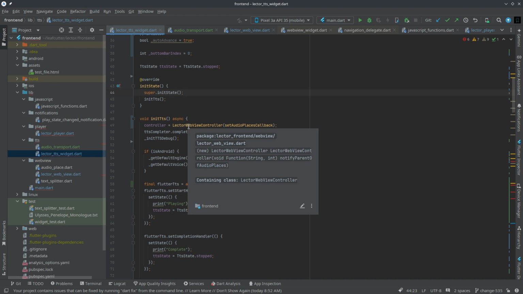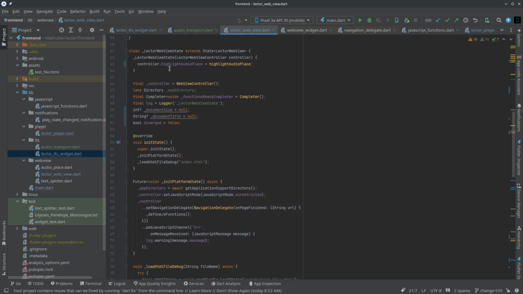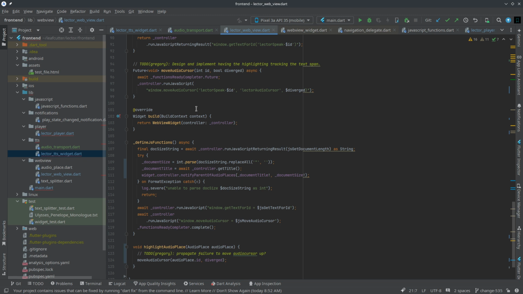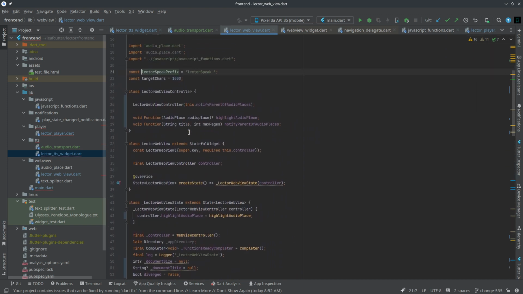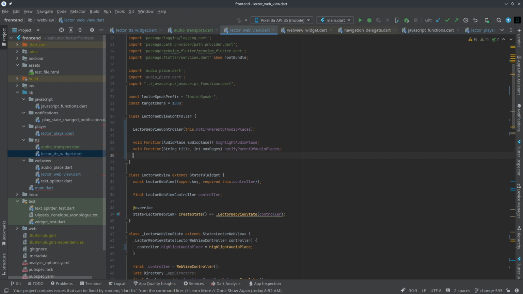So there's at least two things we can do. One is that we can pass the audio places to the web view, essentially giving them a pack of envelopes and saying, here, fill these envelopes, and then give them back to me once they're filled. Or we can give the TTS widget direct ability to call these JavaScript functions. And I guess it's better to pass in the envelopes and have the WebView controller just fill envelopes on demand. So let's do that. So we need another function,